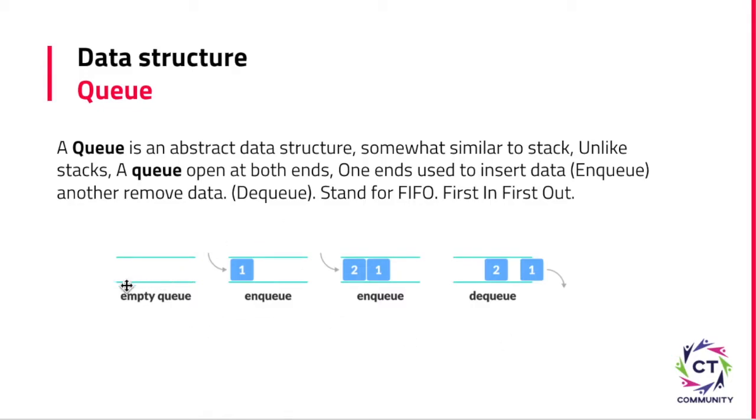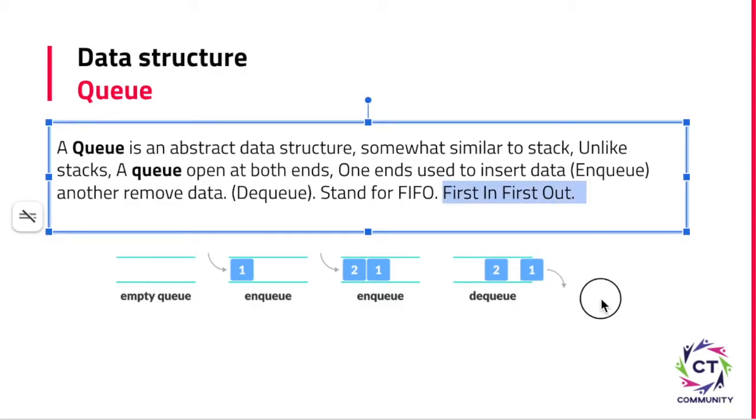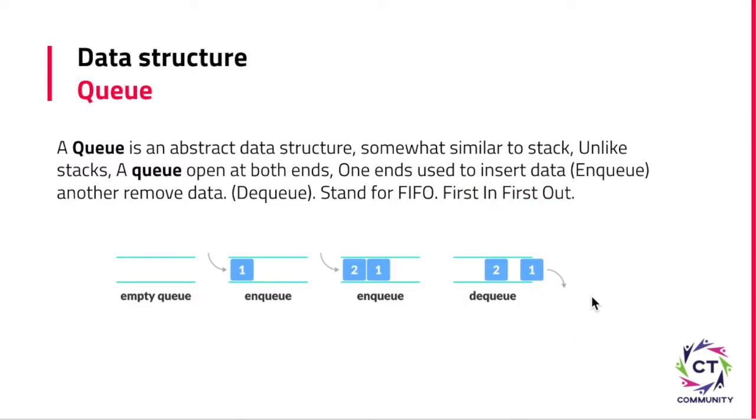So you can see that initially the queue is empty, and we push 1 into the queue, then we push 2 into the queue. First to come is 1, right? So 1 is going to be removed from the queue, and after that we can remove 2. We cannot remove 2 first, then 1, because it's a queue. So the concept is first in, first out. We need to remove 1 first, then 2. Alright, so we'll discuss everything in detail along with the program.